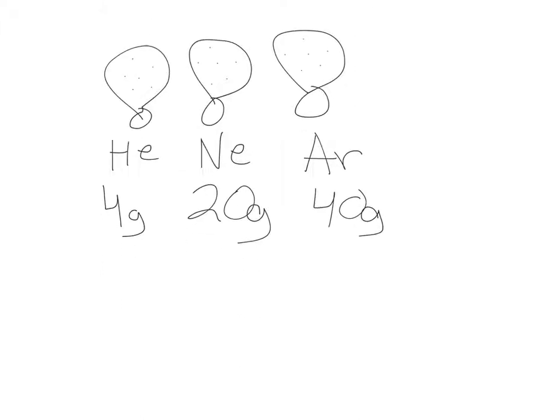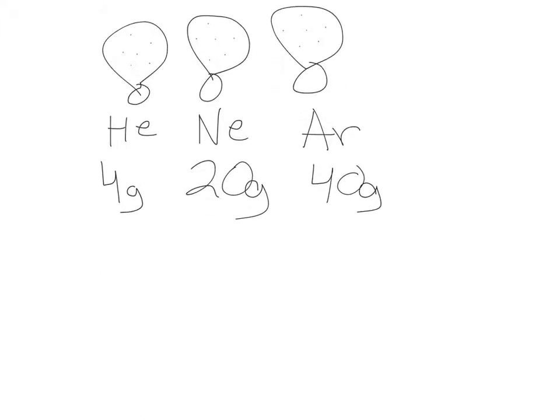Now, this is consistent with what we see on the periodic table of elements. If you go to helium and look at it, it says 4 grams in the mass of helium and 20 grams with neon and 40 grams of argon. Okay, these are all talking about the same number of particles. And even with stuff that's not gases, we're still talking about the same number of particles have that mass. And we're going to call that number of particles 1 mole. Okay, it's just a way of counting up particles. And in this case, 1 mole is a lot of particles. It takes a lot of particles of helium to get 4 grams. It takes a lot of particles of argon to get